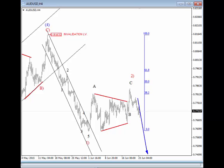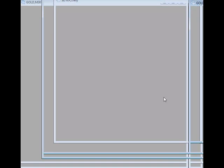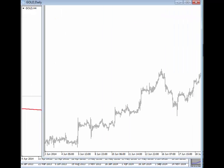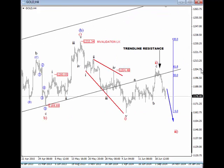Now at the same time I will take a look at gold. As you know, gold is strongly correlated to Aussie dollar. Not always, but usually. So on Aussie dollar, for our chart,